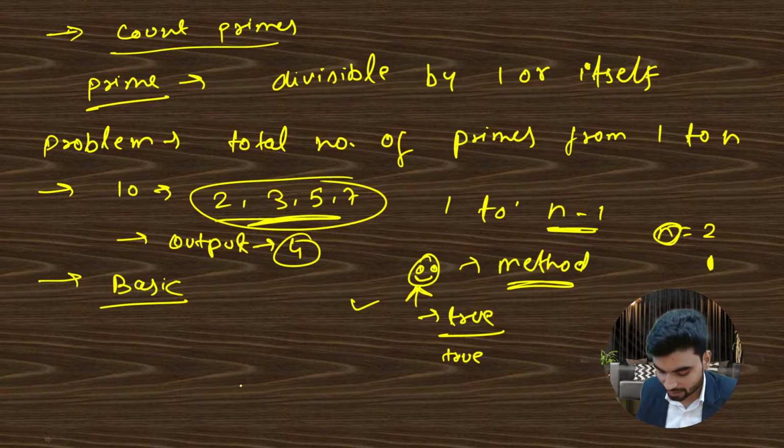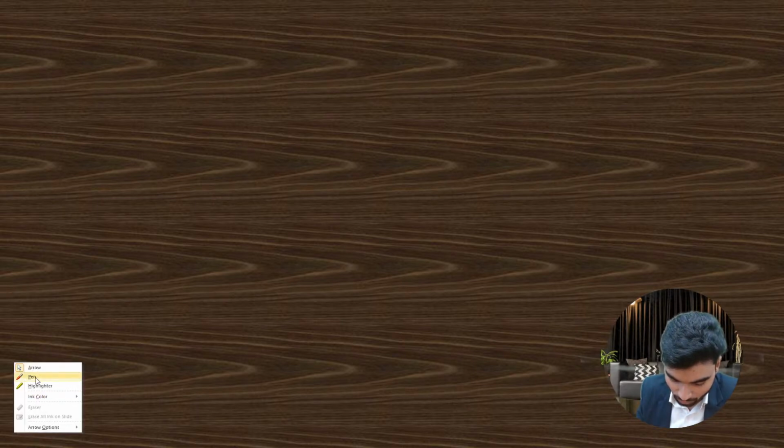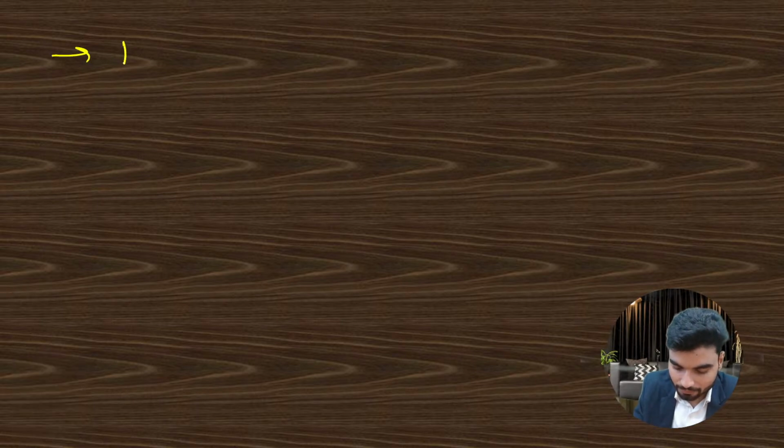So now what can be another solution? What can be another logic? Another logic is that we need to speed up our solution. Whenever you want a program to execute faster, you can either go for the bitwise operator, where you work with bits, or you can use something boolean. So I'll create a boolean array. Okay, I'll create a boolean array. I'll take a pen to help you understand. I'll create a boolean array.